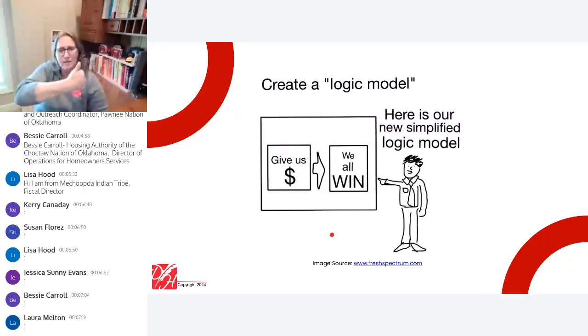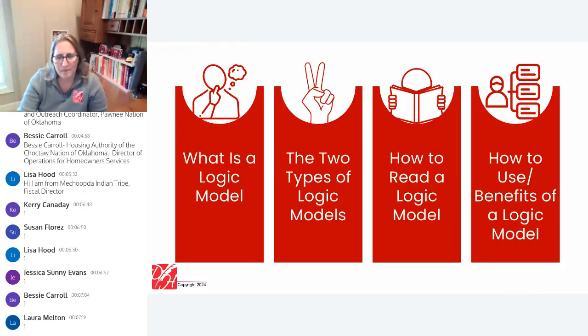Thumbs up, everybody wins. That would be delightful. What we are actually doing with a logic model is helping our grant makers understand what it is that we want to do. It's a quick way to visualize what our program design is.